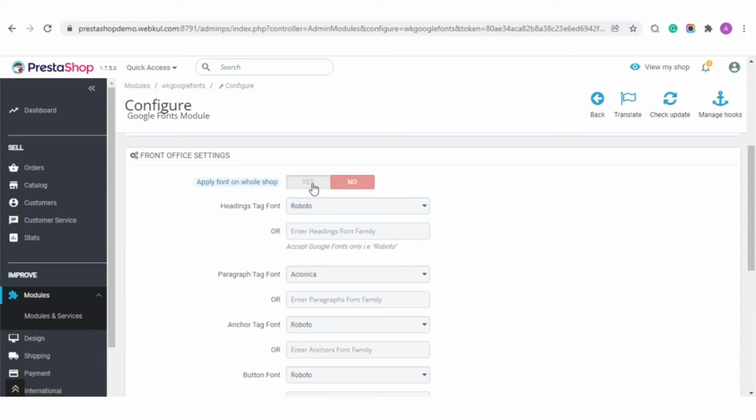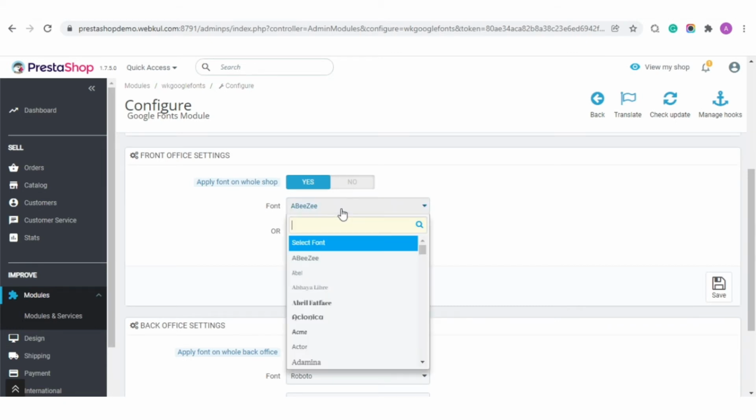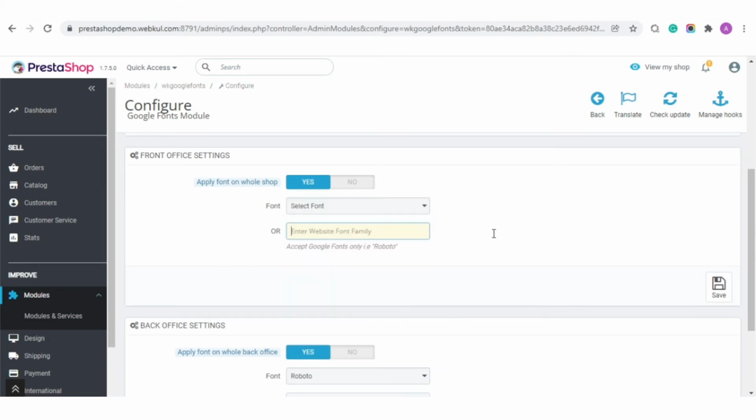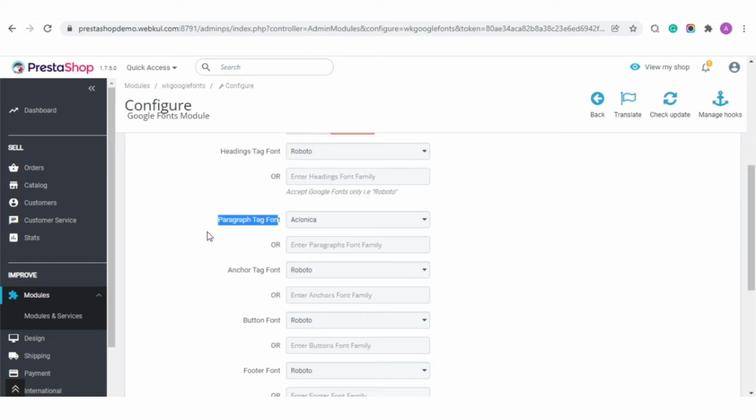Also, admin can select a custom Google font for the whole shop or different elements in case he has not created the Google Web Font key.